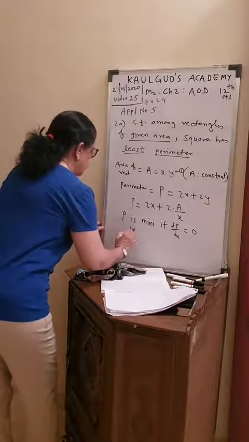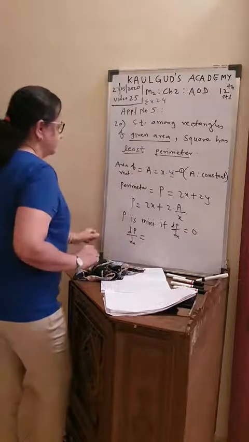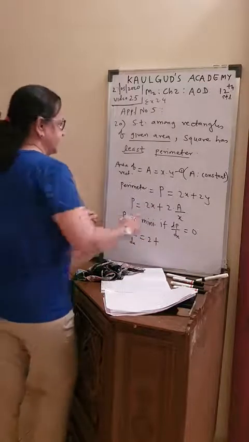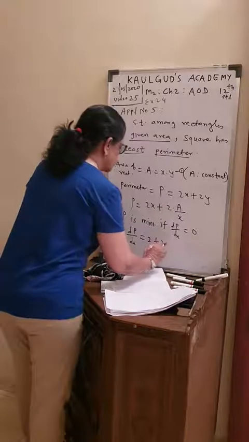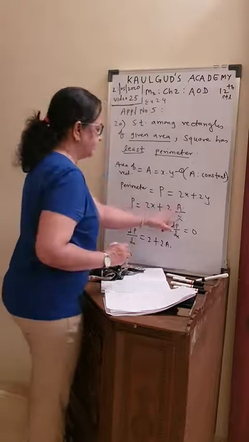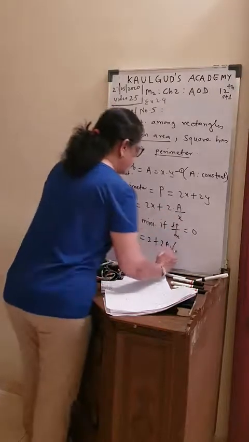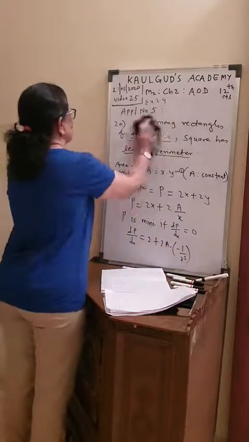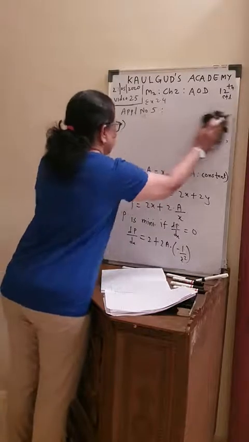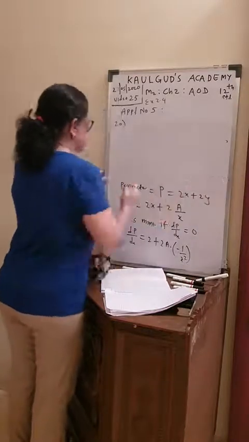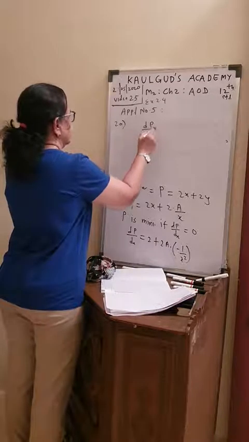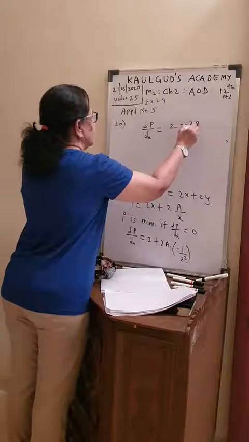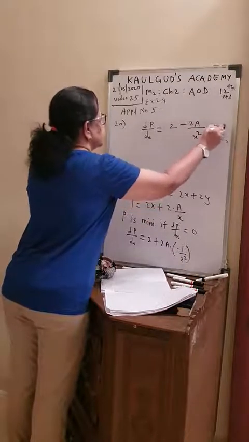Now what is dP by dx? Calculate the derivative, addition, so easy. 2 into 1, that is 2, plus. Here 2a is a constant. And for 1 upon x, what is the derivative? Minus 1 upon x square. So I'll write it here again. Therefore, dP by dx, I got 2, now plus into minus, minus 2a upon x square. Call it equation number 2.